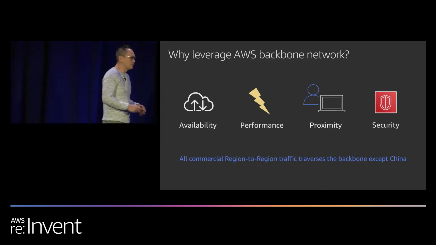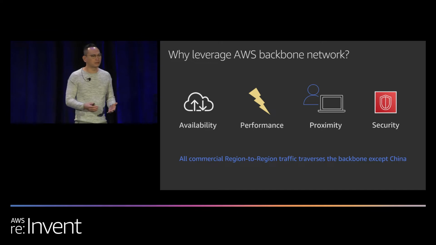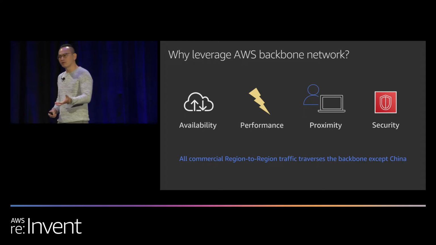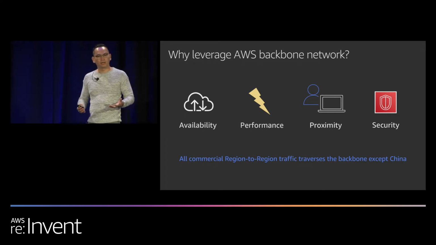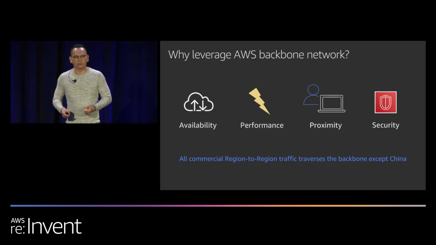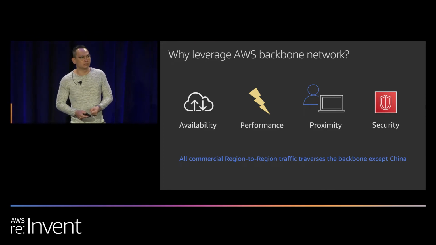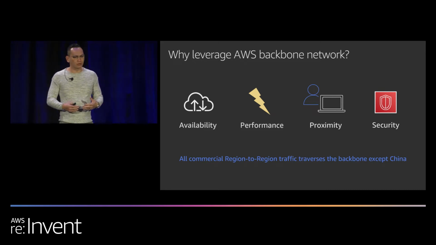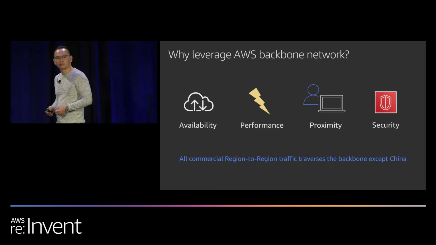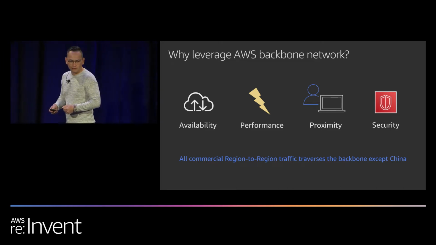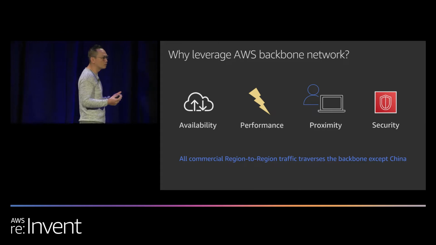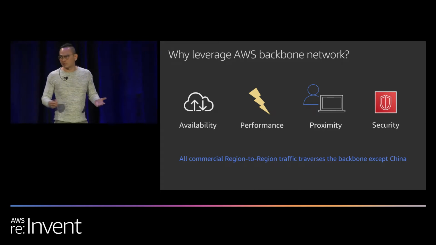And the last point is security. By having this global reach, we're actually reducing the number of networks between your end viewers and AWS infrastructure. And at the on-ramp to this global backbone network, our AWS POPs, we're doing things like DDoS detection. We're looking at bad signatures. We're filtering out malformed requests. Right? And once it's on the backbone network, it's infrastructure that we know and manage, where AWS takes responsibility for the security of it. Also worth mentioning is this backbone network is also used for cross-region traffic. So any region-to-region traffic only rides on the backbone network, with the exception of China.